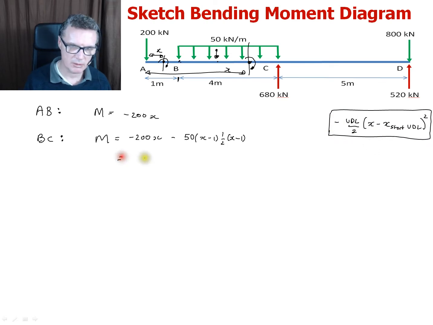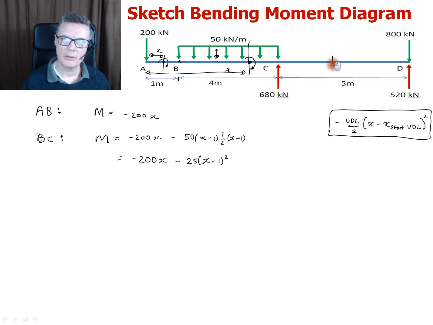So let's tidy this up a little bit before we move on. Minus 200 times X minus 25 times X take away 1 squared. Now we want to work out what the M function should be, so we could make a note of the position of X here. So this is between 0 and 1. This is between 1 and 5. And then C to D,